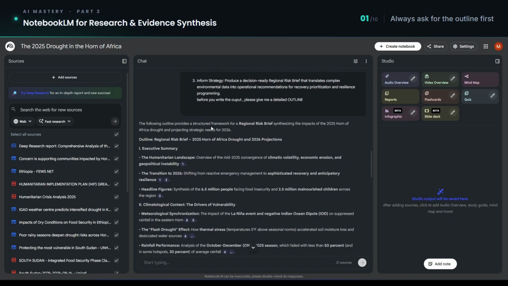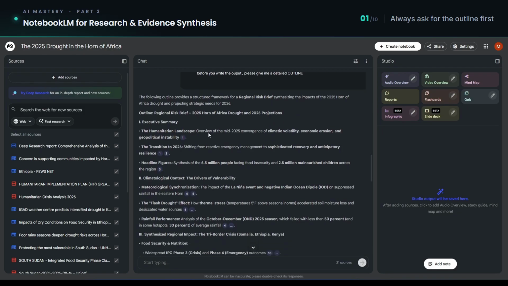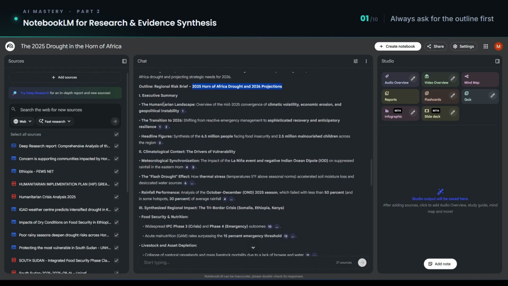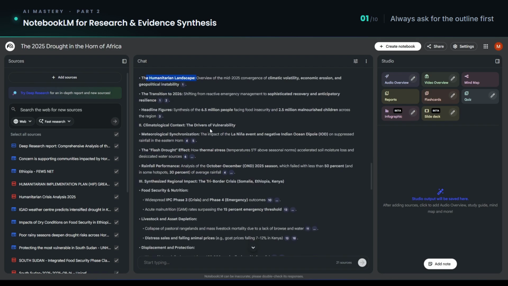The following outline provides a structured framework for regional risk and synthesizing the impacts of the 2025 Horn of Africa drought and projecting strategic needs for 2026. So this is the outline it came up with. It added more, a regional risk brief, or we'll do a separate one for that. 2025 Horn of Africa drought, 2026 projections, executive summary, humanitarian landscape, transition of 2026, headline figures, climate context, the drivers